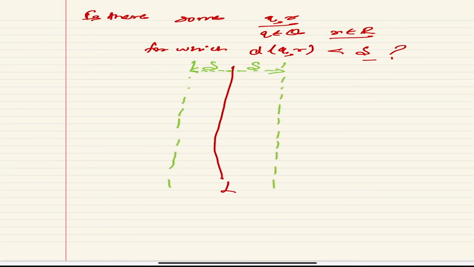So I know this is my wall within which, if there are any points that satisfy this constraint, they should lie in this particular band. This is my final band where any such points should lie. Fine, I hope you agree with me, because once a point lies beyond this, it cannot have a distance less than delta with a point in Q. So they have to be within this band. Fine, so we can concentrate on this band.